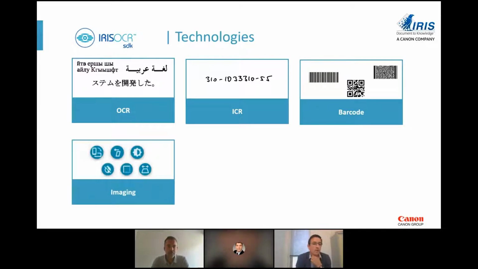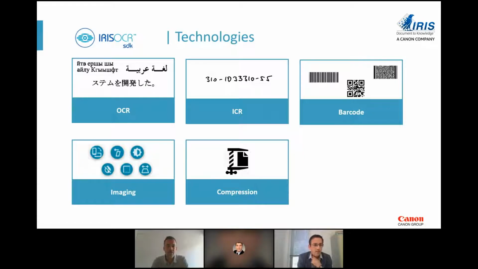Now, before doing OCR, there's a lot of imaging capability inside of our OCR toolkit. We can indeed clean up the images. Simple cleanup is just rotating the image or deskewing it. But more advanced ones would be removing some speckle, removing some lines. When it comes to forms processing, for example, we can remove some lines. We can binarize with different settings for different images. And we can also try to straighten the image.